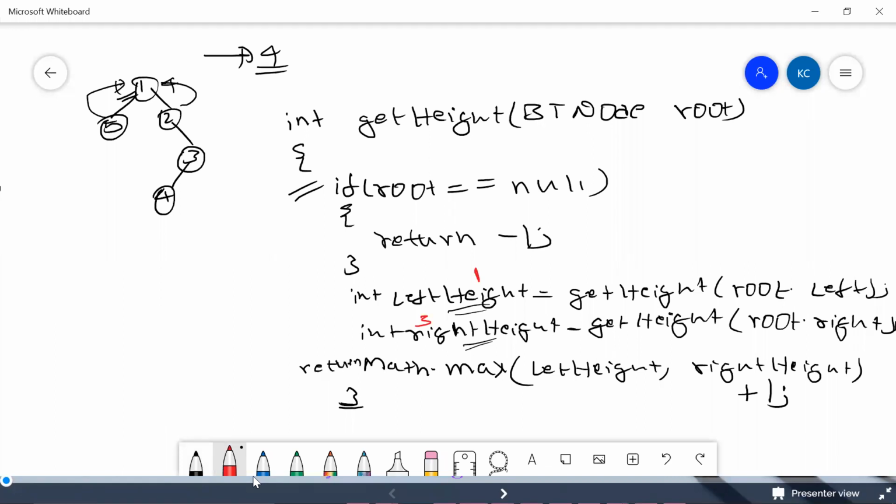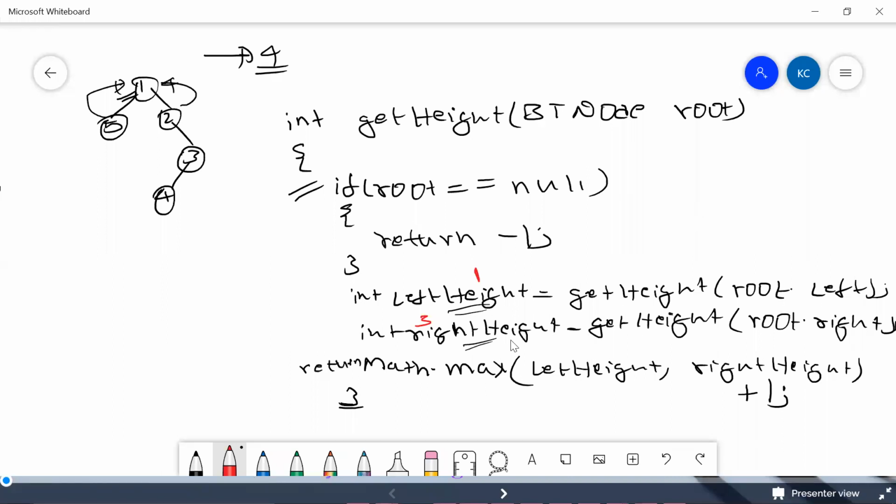But actually, what is the actual height? The actual height is root plus the maximum of the heights of the left and right subtrees. So I say return Math.max of leftHeight, rightHeight, and then I'm adding 1. This 1 is because of the root. And finally, I'm returning. So this is how the getHeight method looks, guys.